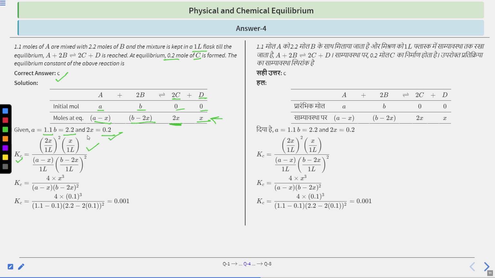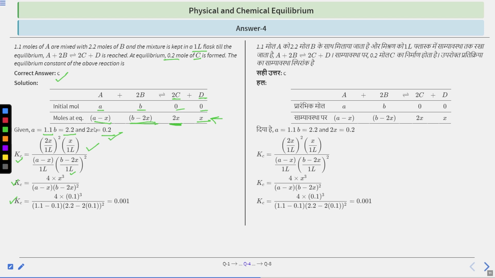2 is the stoichiometric coefficient, and for D it will be X upon 1 liter, divided by the reactants, that is A and 2B. So for A it is A minus X divided by 1 liter, and for 2B it is B minus 2X, the number of moles divided by the volume, and its whole power 2, because 2 is the stoichiometric coefficient of B. So Kc, on solving this, we have 4X cube divided by (A minus X) into (B minus 2X) whole square. And on putting the X values, because X is given,